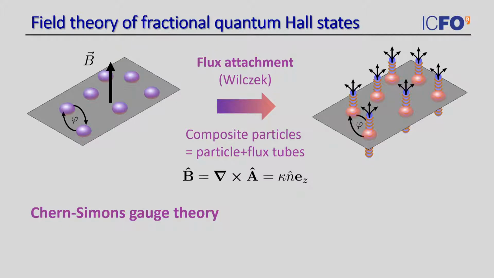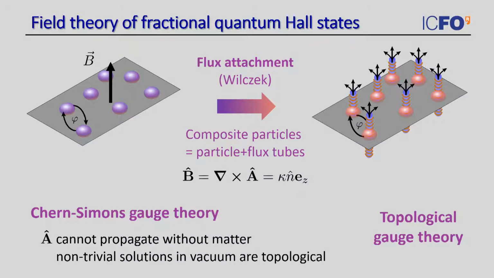And this theory, as I said before, is very similar to QED, so you have matter that is minimally coupled to the gauge field, but the gauge field is very special, because it cannot propagate when matter is not there. So you can think of it as photons that are very, very heavy. They have a very large mass. So they move, but only when matter moves. They always follow matter. So then you could also think, well, if I now set matter to 0, then this gauge field is going to become totally trivial. This is actually not always the case. You can have non-trivial solutions in vacuum depending on the topology of the space, and that's precisely why this type of gauge theories are called topological gauge theories.